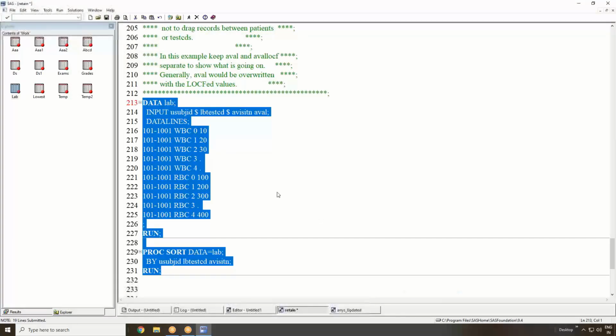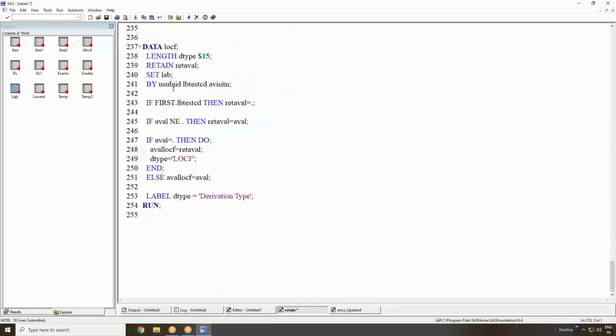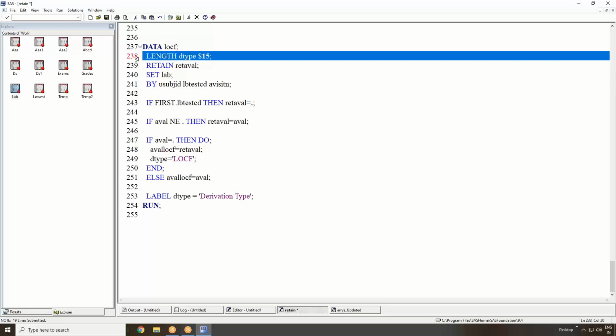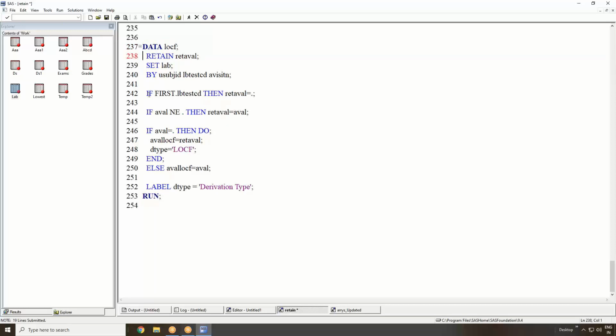Then what will we do? We write a program, a data step with a set statement. First I will write it. I'll not write anything else. I'll try to keep it